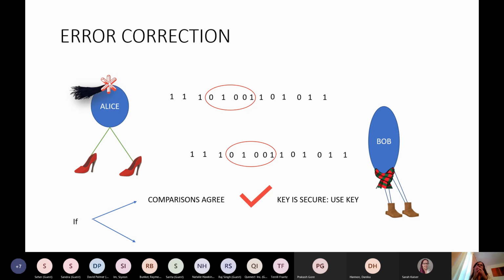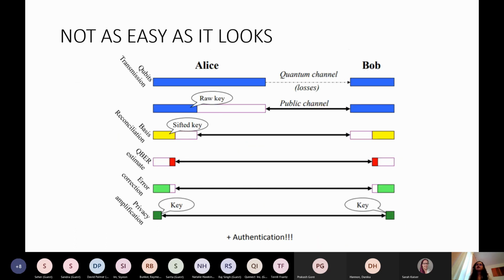So they take a random little 10% of that key and they communicate it over a classical channel. Basically, they broadcast it out into the internet so that everyone can hear it. But it's only 10% of the long key that both of them have. So if those 10% comparisons agree, they say, OK, the key is secure, use key. If the comparisons do not agree, they say key unsecured, do not use key, try again. So basically, the satellite in its next pass has to go over Bob and try to send down another string of photons and hope that this time they can have the same key, which they can use, right? Now, in principle, it's very easy, but in reality, you have various different steps.